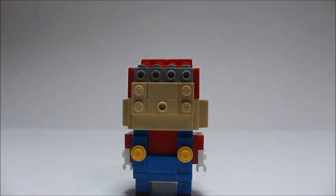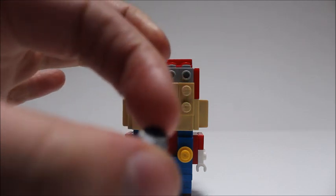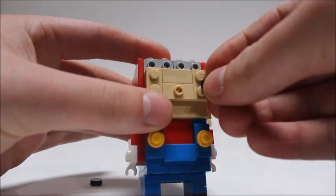Then we're going to get the iconic Brickheadz eyes with the little print on them for the eye. It's very hard to see. And put those